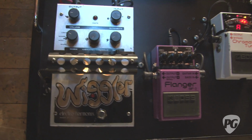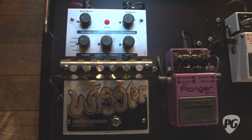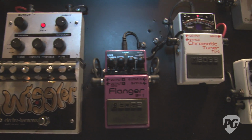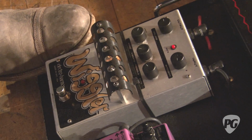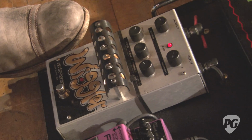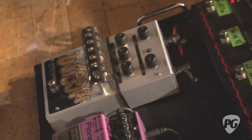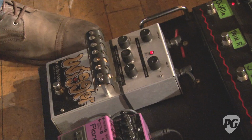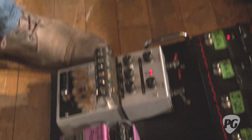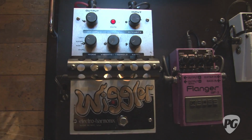But so I'll just kind of run through some of the pedals I like are the Electro-Harmonix pedals, and I have a Wiggler here, which is their version of the vibrato and tremolo, which I use in lieu of the Ampeg built-in vibrato, which is kind of unreplaceable, honestly. Do you kind of go a little faster or a little slower in terms of speed and stuff? I go kind of a medium. I like the vibrato to kind of be a little bit behind tempo, just so it kind of washes over stuff. I have a flanger on here, which I don't use much, but there's 1 or 2 songs that,